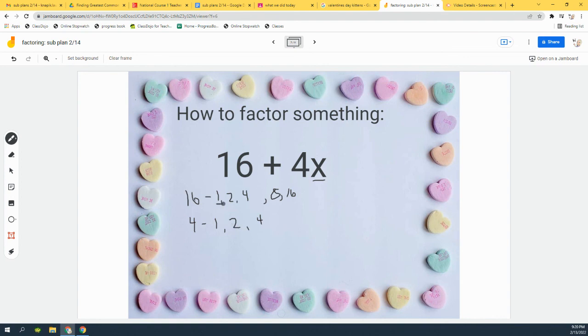Go ahead and underline your common factors. 1 and 1. 2 and 2. 4 and 4. 4 is our GCF, our greatest common factor. So that goes on the outside. Well, 4 times what gives you 16? Times 4. 4 times what gives you 4x? You would multiply 4 times 1x, or x,